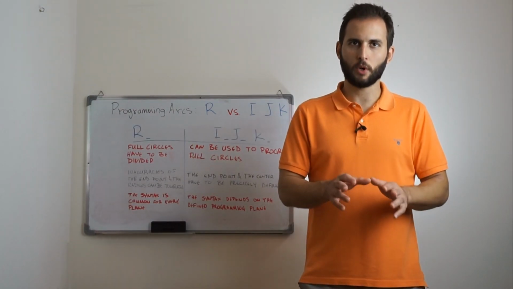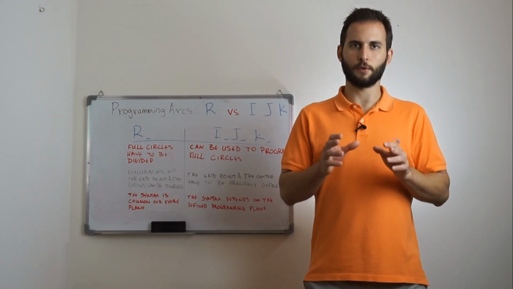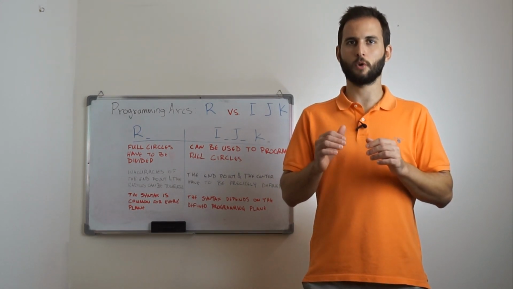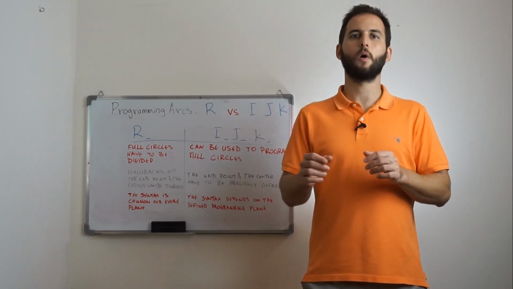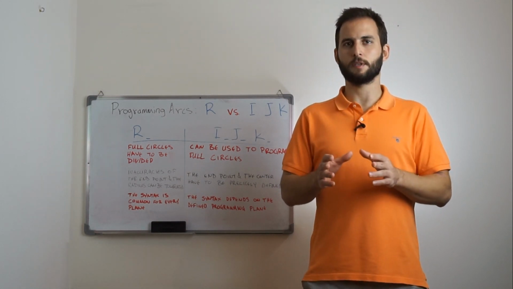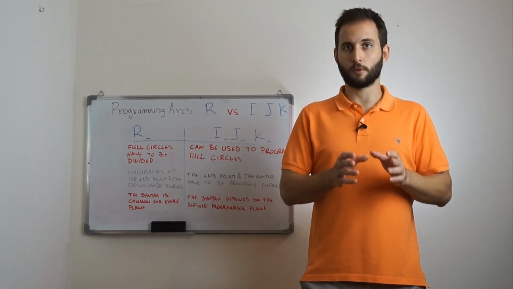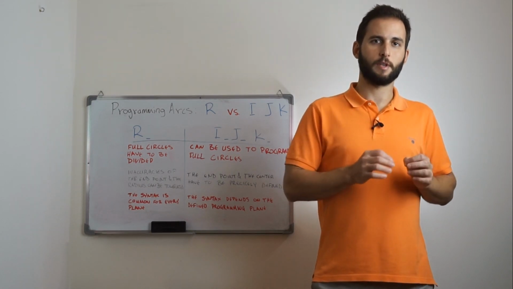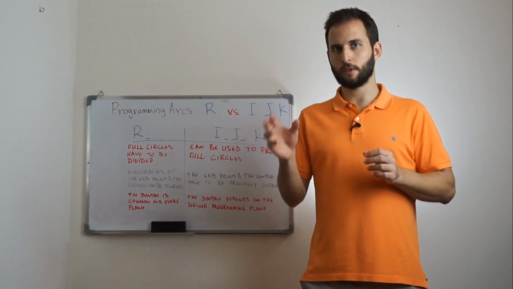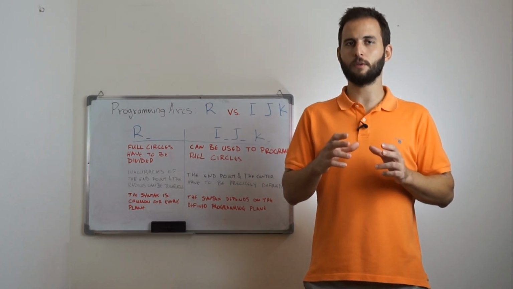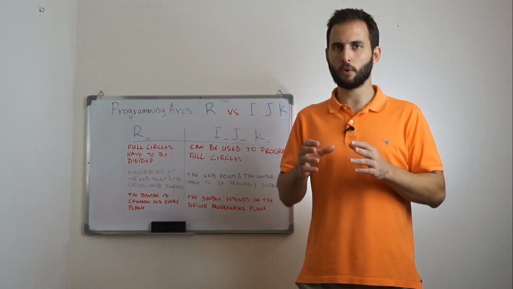Having already discussed the programming of circular motions, let's now see the main point of this video, which is to investigate the differences between the two options that we have in order to program the curvature of an arc. This can be done either by defining the center of the arc or the radius of the arc. The main difference between these two options is that whenever we want to program a full circle, the only option that we have is to program the center of the arc. On the other hand, if we want to use the radius of the arc, we have to divide the full circle in smaller segments.